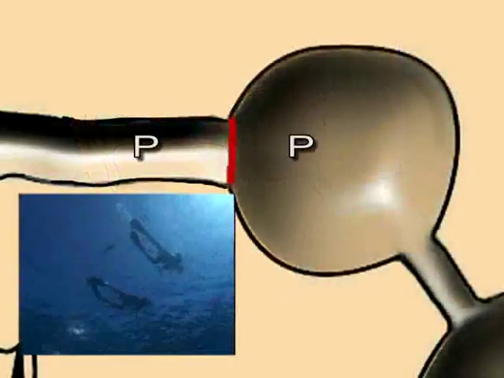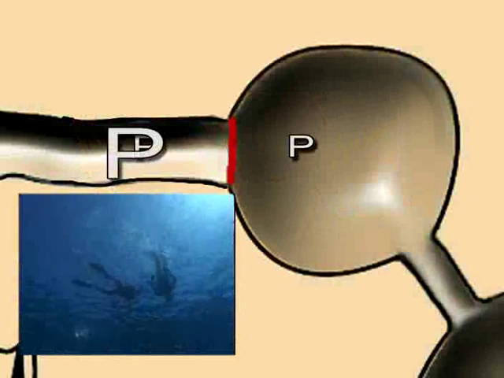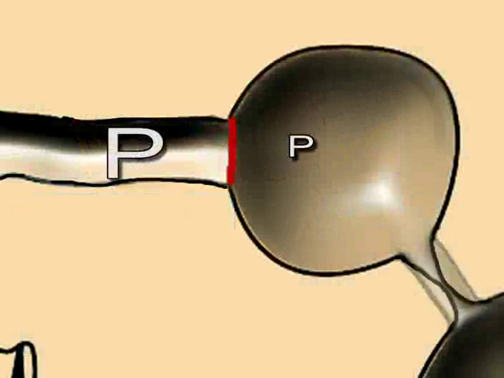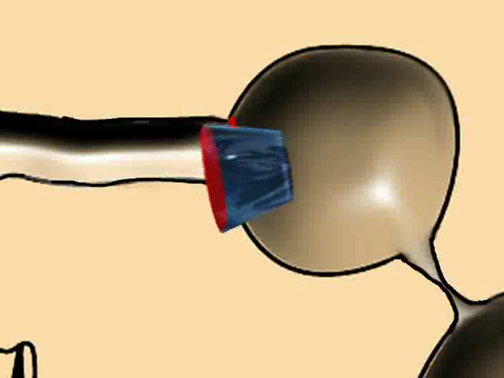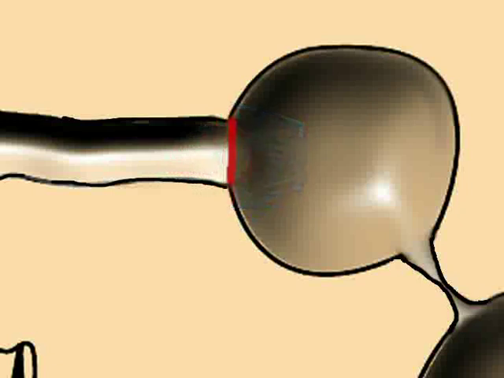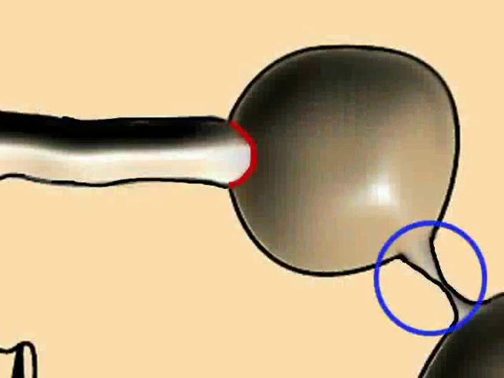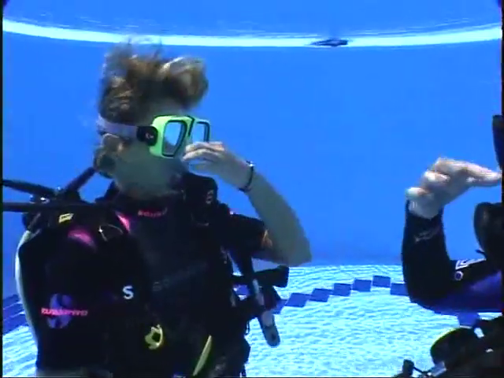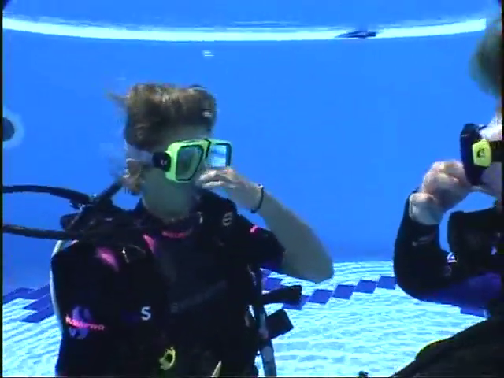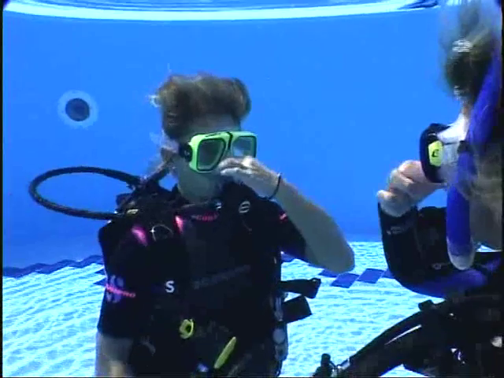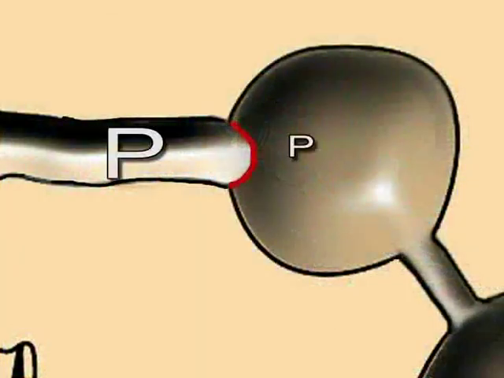As we descend, the pressure increases. If the pressure in the middle ear is not equalized, it behaves in the same way as the glass with a membrane. The eardrum curves inward, causing a sensation of pressure. This difference in pressure causes pain and may even result in the eardrum tearing. The increase in pressure can be equalized by emitting air into the middle ear through the Eustachian tube. By using special equalizing techniques that the instructor will teach you, you will be able to equalize the middle ear and compensate for the increase in external pressure.